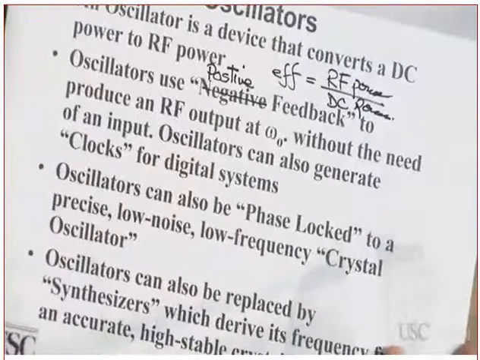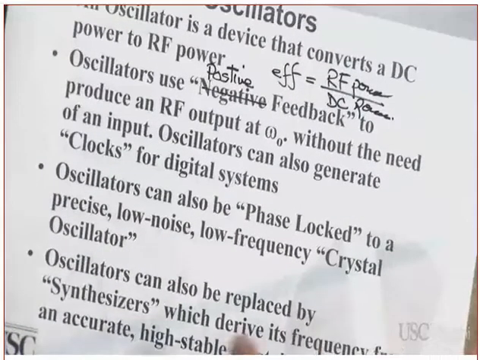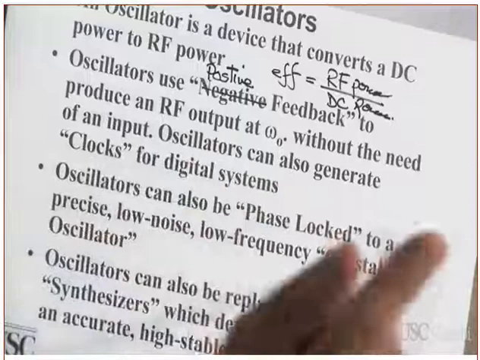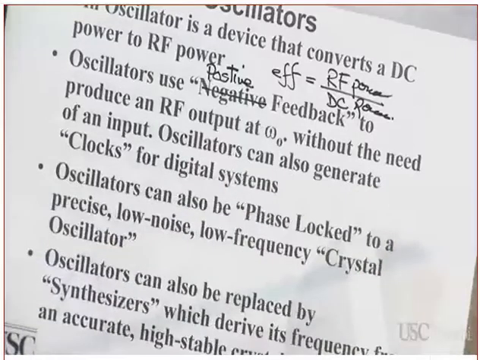Okay. So the oscillator uses positive feedback to produce an RF signal at the output at omega naught without the need of the input. Oscillators can also generate clocks. What does that mean? When I say oscillator generate clocks, the clock is a what? It's a square wave. By the way, that we will study later on in the semester. When I say later on means what? Next week. This is it. We have one more week. We will see how from what? From a certain reference